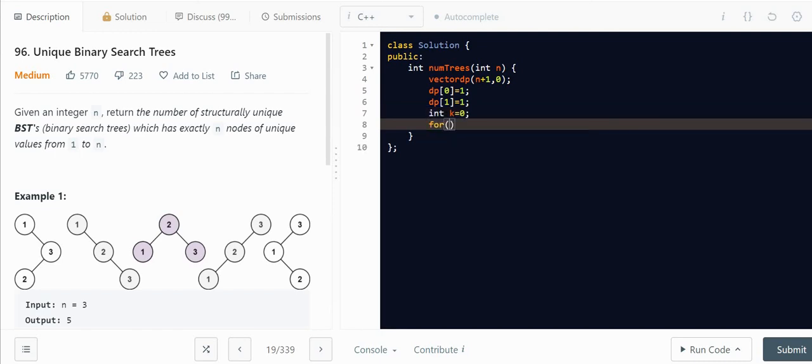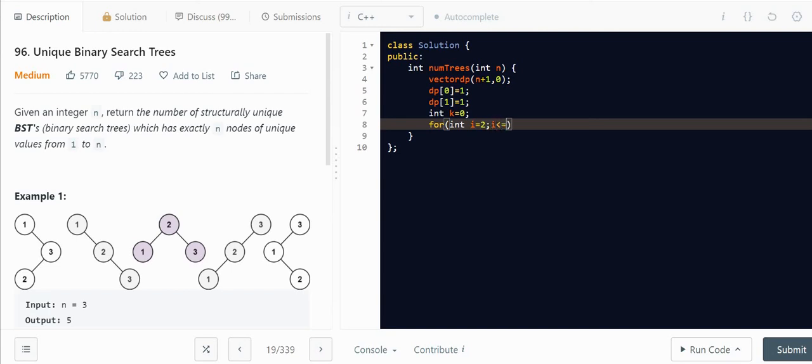So for the purpose we will be using the for loop, and the for loop is working from, let's say, 2. Why 2? Because DP of 0 and 1 is already initialized, and we will be using that by the simple recursion method, an advanced recursion, that means DP method.